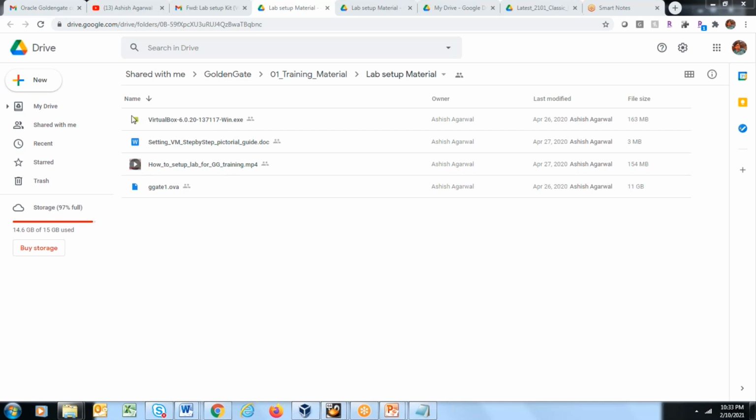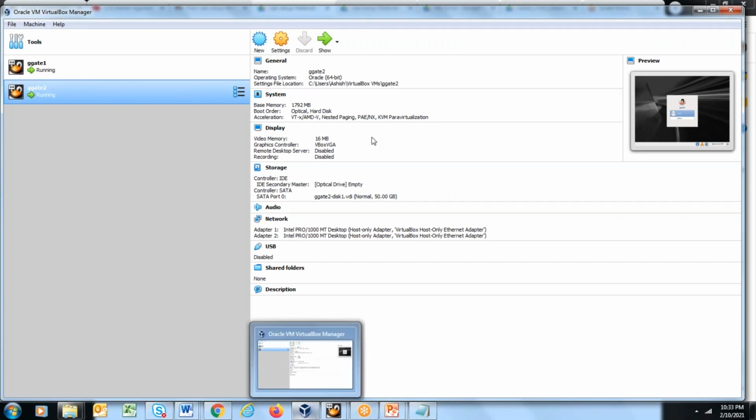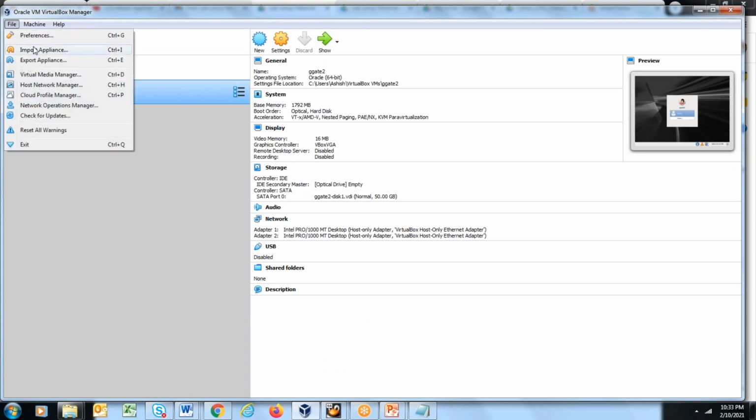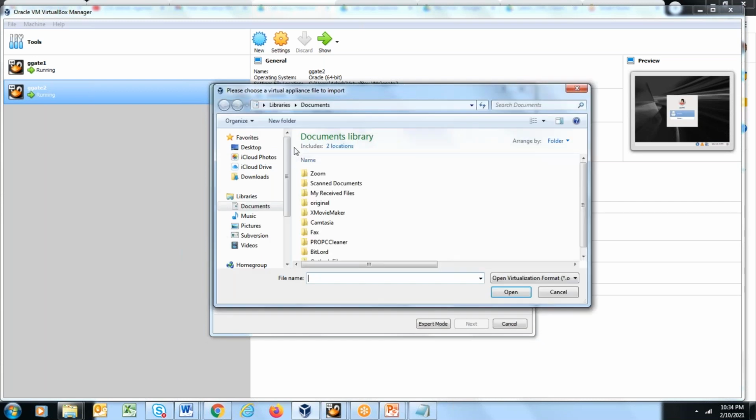Once you download VirtualBox, you will see this screen, and on the left you won't see anything if nothing is there. Once your VirtualBox is downloaded, you need to click on File and click on Import Appliance. Then select the location from where you can import.